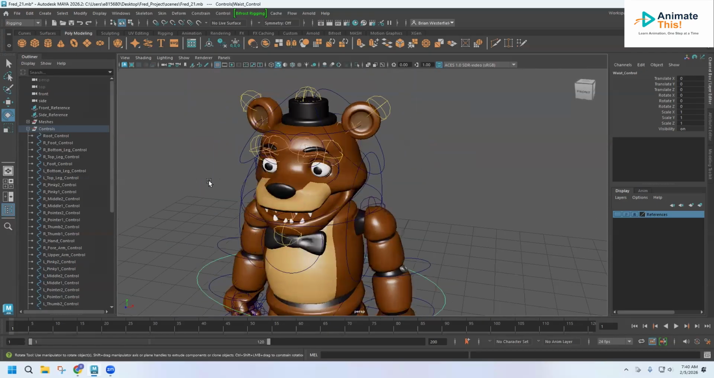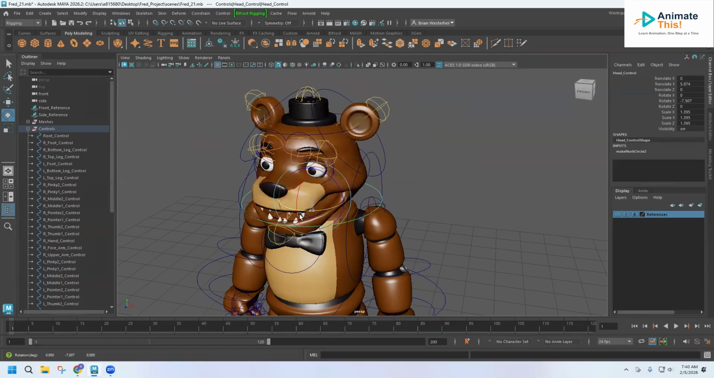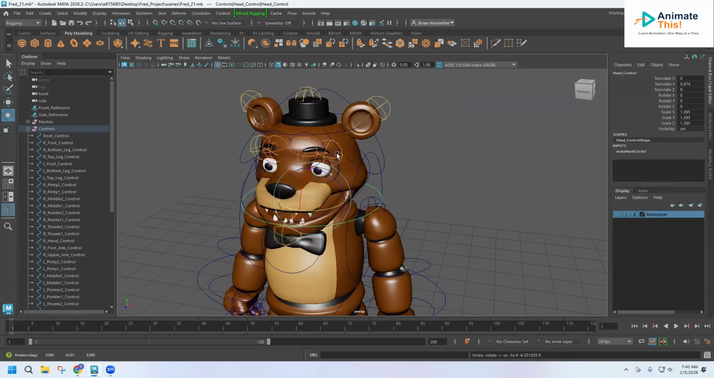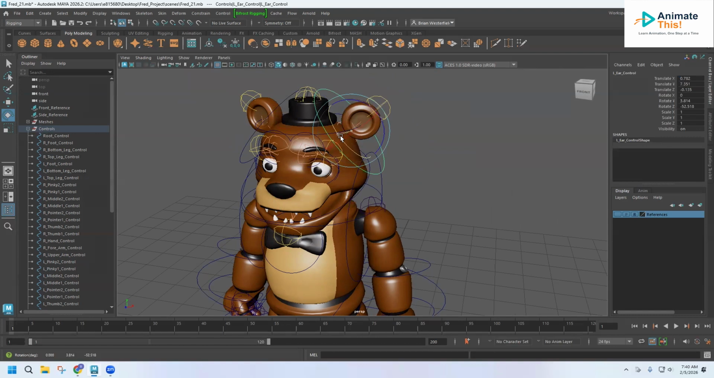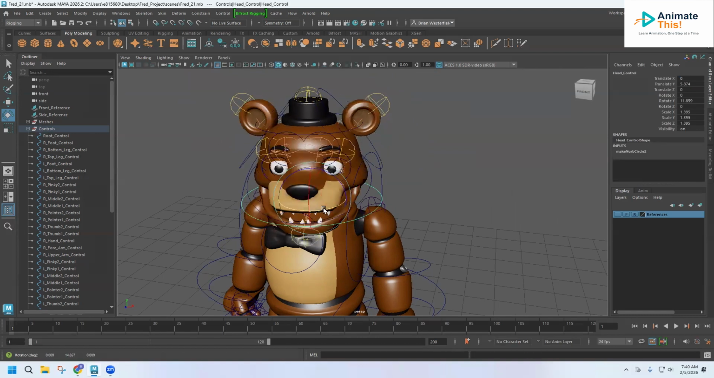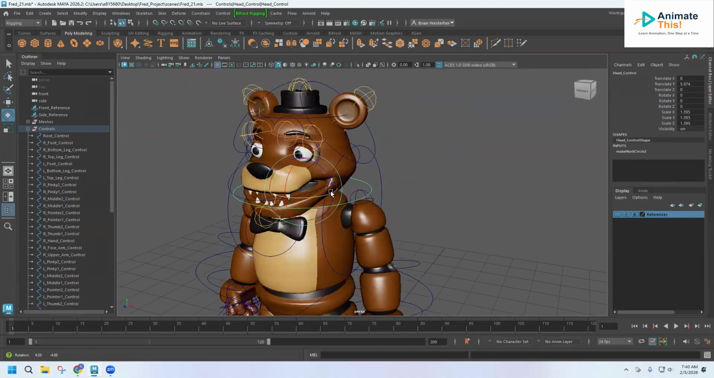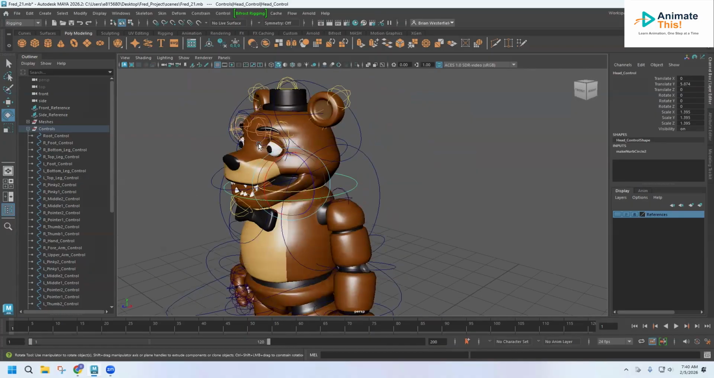Last episode, we were able to get the head set up to where each of its features is controlled by these controllers, and then all of them are children of the head controller so that they all stay with it if it